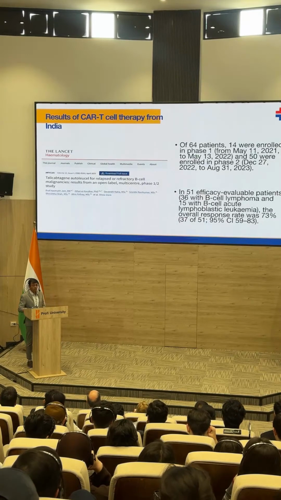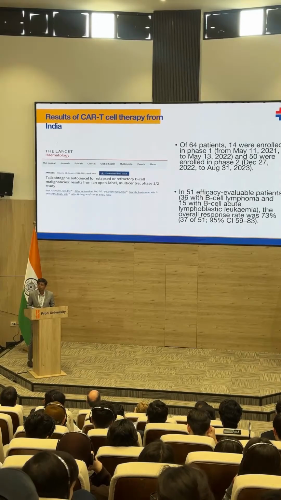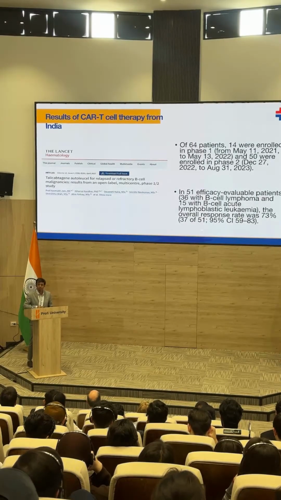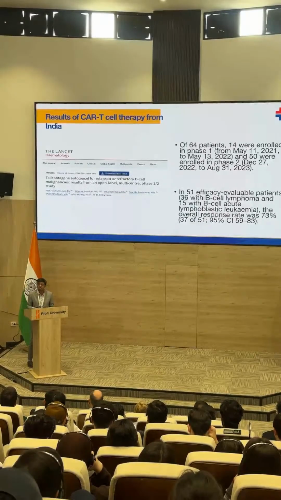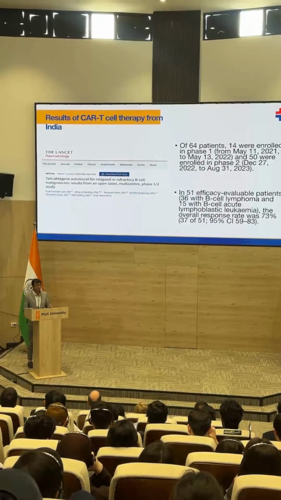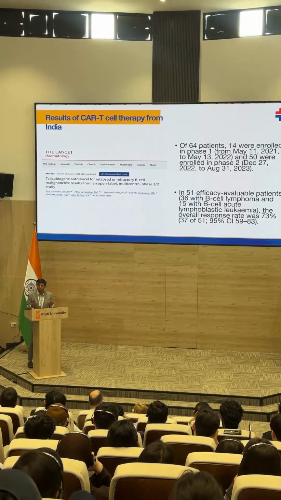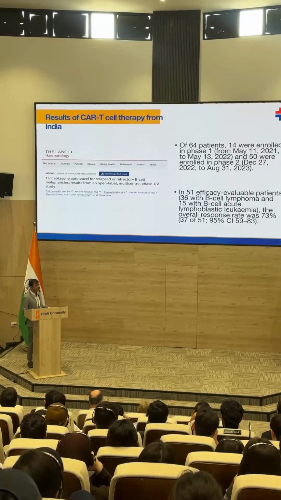The responses which we got with the CAR T cell therapy were not only good, in the tune of 70 to 80%, they are also durable. People with just one session of CAR T cell therapy have got near complete responses, and they are living again like others, a normal life. So that's what is the latest in medical oncology. That's what is CAR T cell therapy.